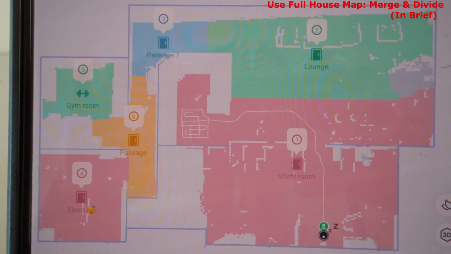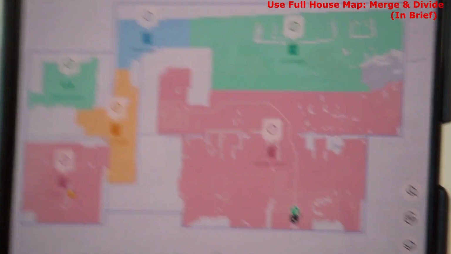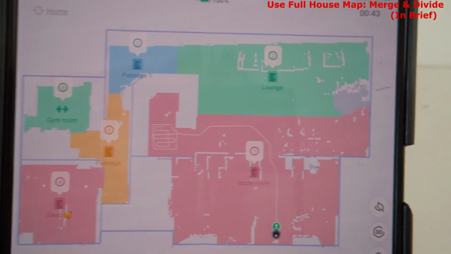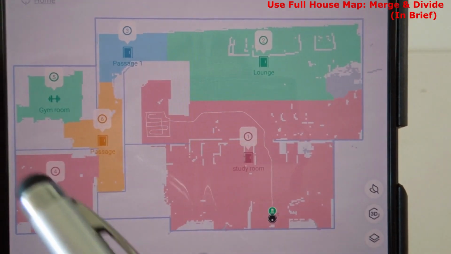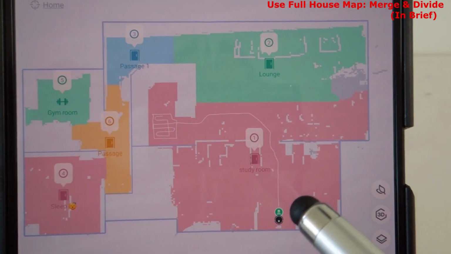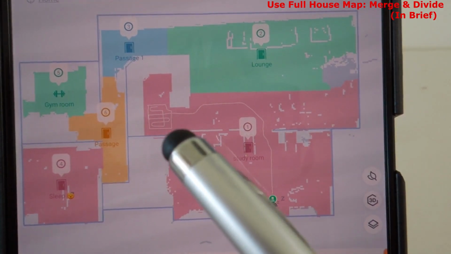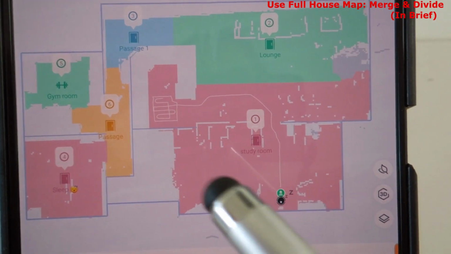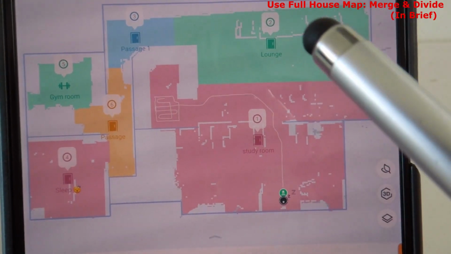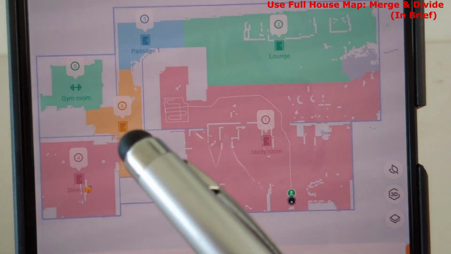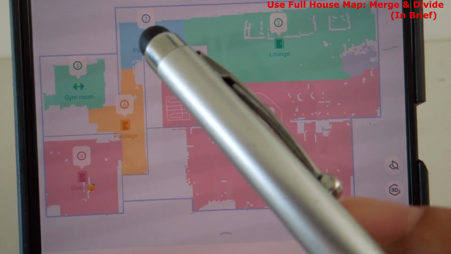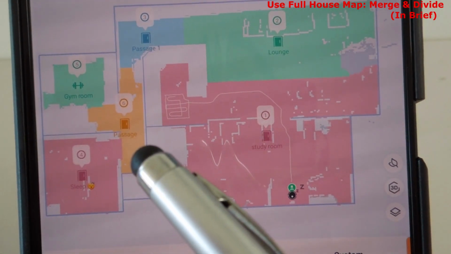The only thing now left is, and it's your choice if you want to use it, the merge and divide function. So here what you can see is that while I have the full map here, it's picked up all the rooms, the lounge area, the study, etc., the kitchen, but I don't have clean lines for each of the rooms. So the passage is actually split into two. I want this as a single passage,